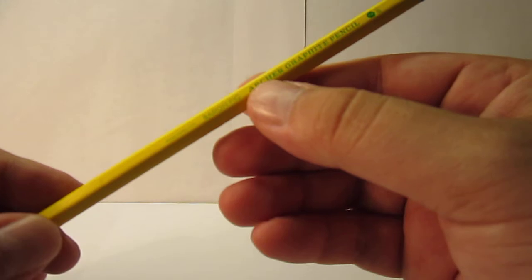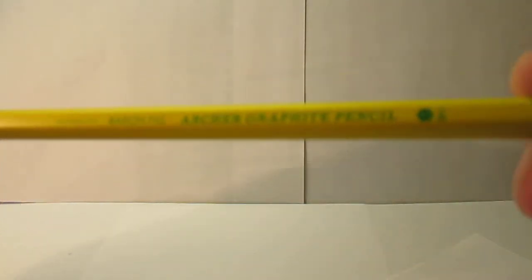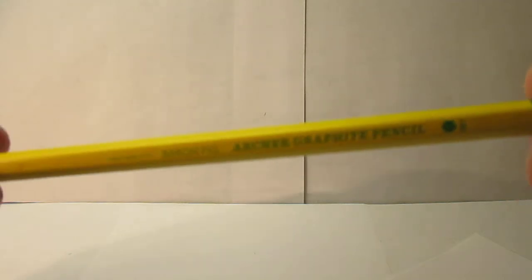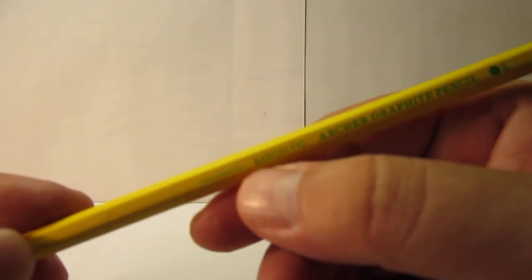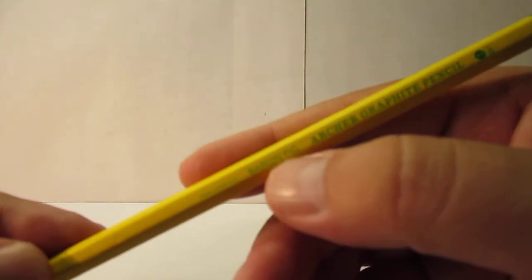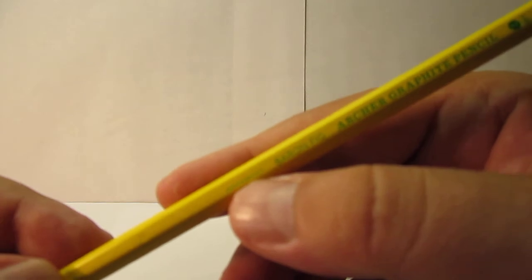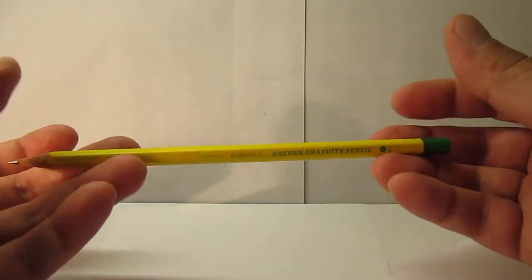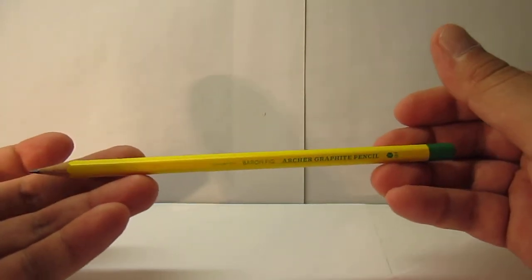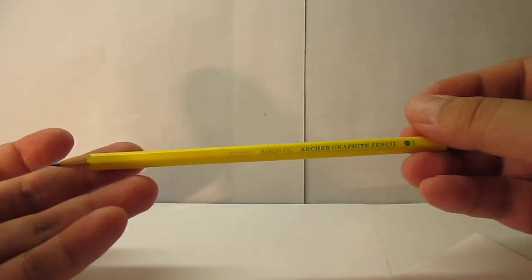And then it says the name of the pencil model, Archer Graphite Pencil. As you can notice, Archer Graphite Pencil. Then we have a narrower font, probably like Arial, Baron Fig, and in a much smaller font it says New York City. So this pencil is actually made in New York City. So this is interesting to see a pencil that is actually made in the USA,